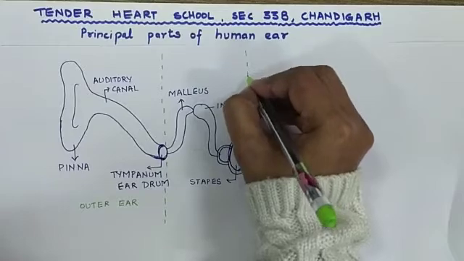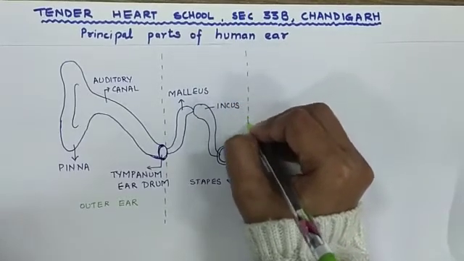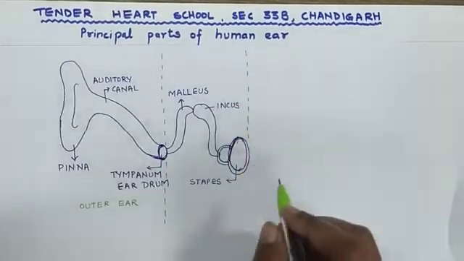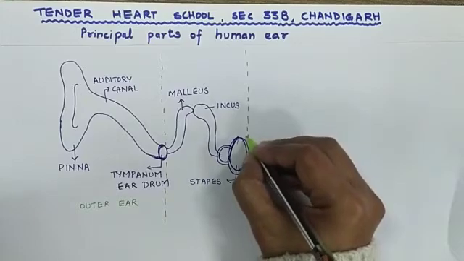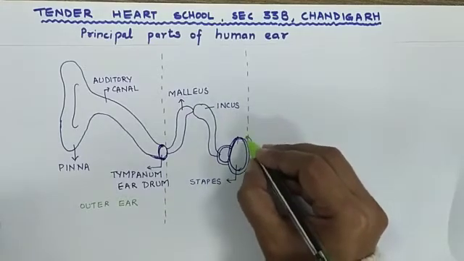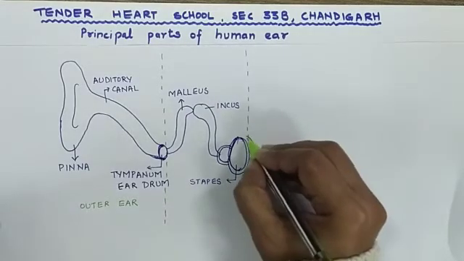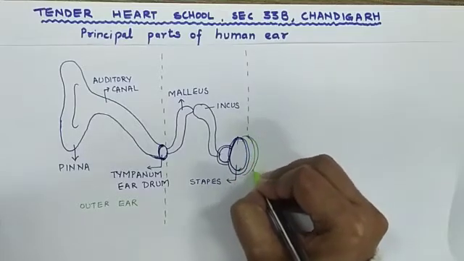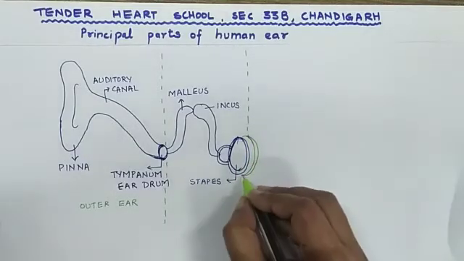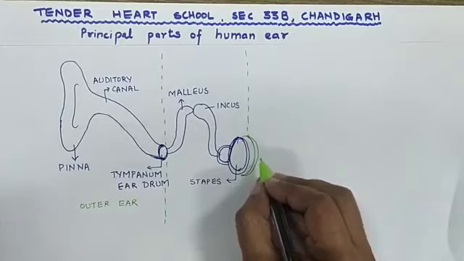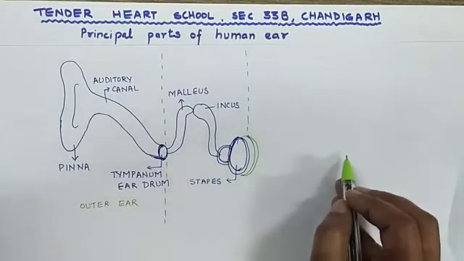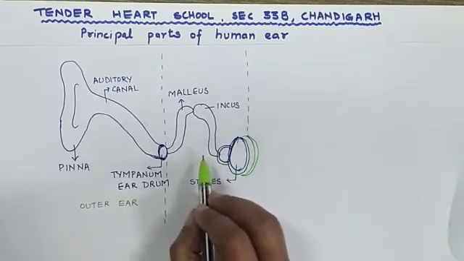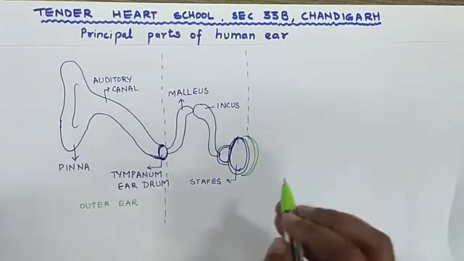So let us make the middle ear. Also, you know that the third bone, the stapes or the stirrup, is present over a window, which also forms part of the middle ear. This window is called the oval window. So here we have this oval window. The oval window makes a connection from the middle ear to the inner ear. It is a pathway from where we can enter from the middle ear to the inner ear.